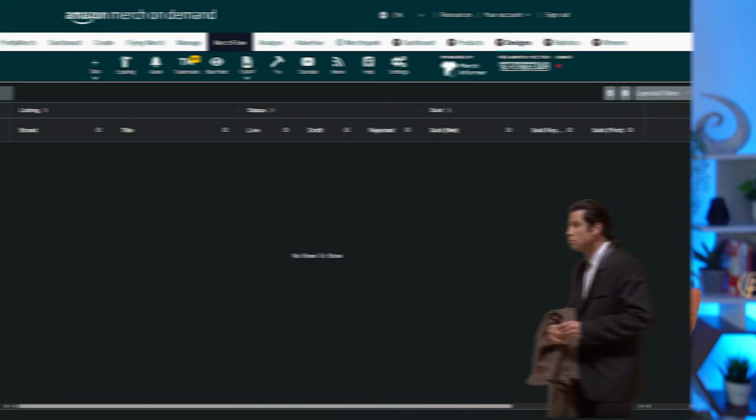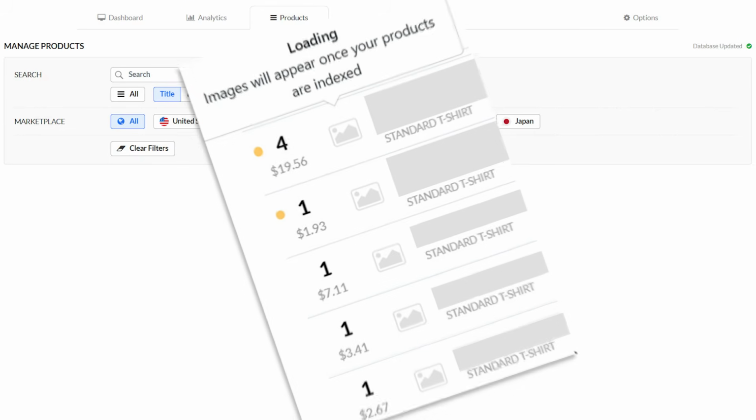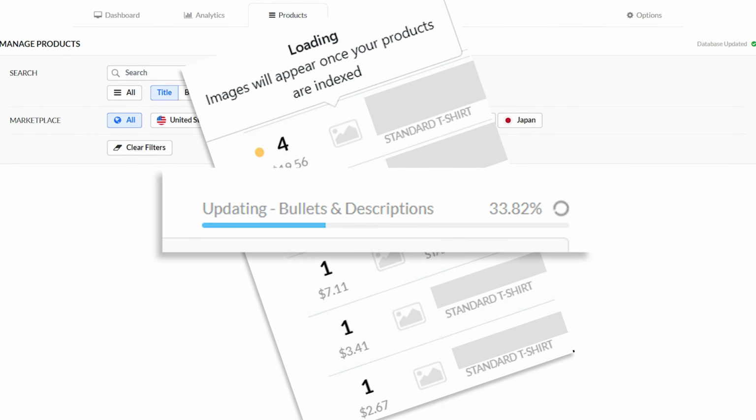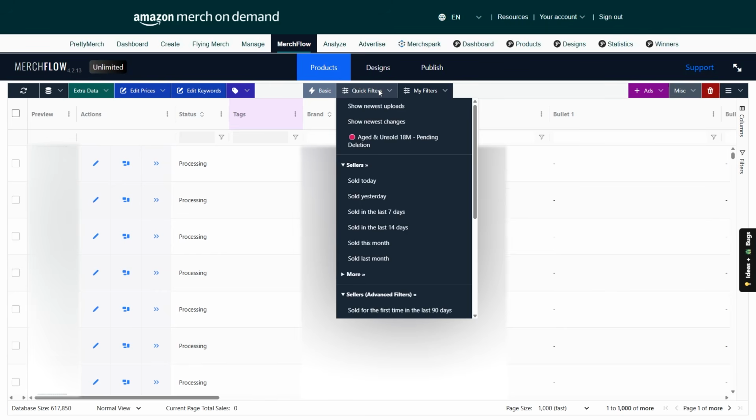If you're tired of Productor freezing or not showing you any data, or pretty much not being able to load your large catalog, I've perhaps found a really good solution, and that is Merchflow. It's a tool that's been recommended to me by a lot of people recently, so I gave it a try